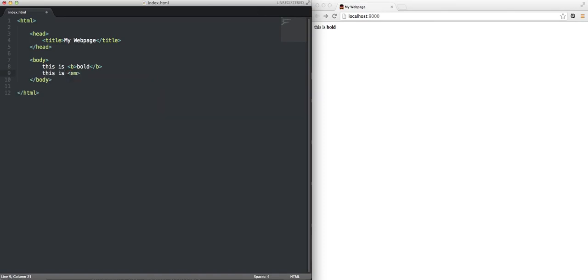EM is what we're going to use for italic. EM basically stands for emphasis. It used to be people would use I. It also works, but that is not the correct way to do it anymore. Do not show a prospective employer that because it's not good. So B is for bold, EM is for italic, and then